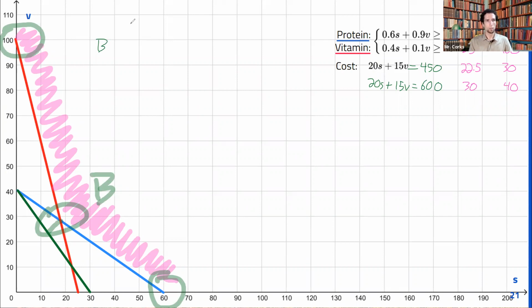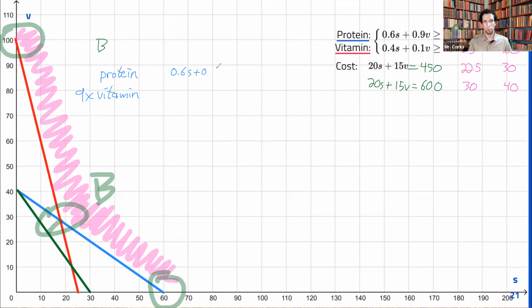So let's do this here in blue. So we have our protein one and we have our vitamin one. So let's do elimination. And if we eliminate, what should we be multiplying each of these by to be able to eliminate? Or sorry, which variable do we want to eliminate? Let's decide that. V. Want to do V, okay. So then we're multiplying vitamin by 9. All right, so